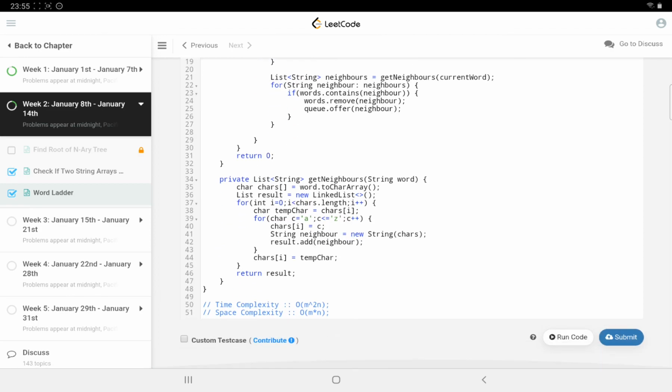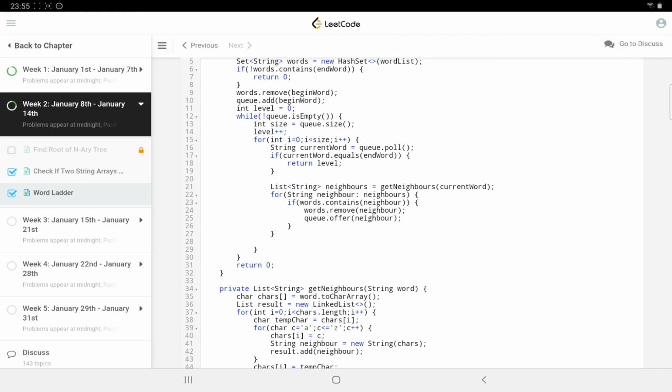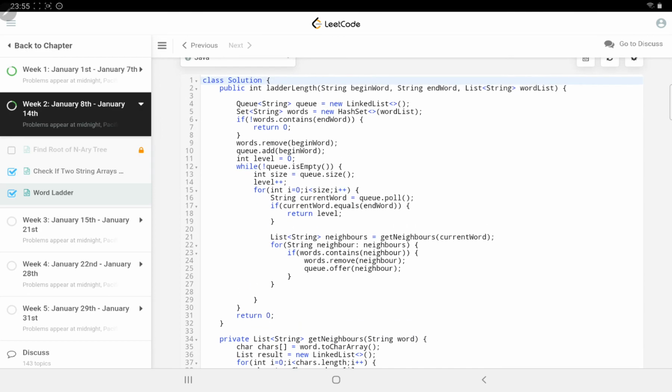Okay, so what will be the time and space complexity here? Time complexity will be order of m square n, and space complexity will be order of m into n. Why? You can see that we are iterating twice, right? Here we are iterating once for the queue, and it can happen that multiple words will be there in the queue. So one is the queue size, another one is our max word length. Our input can contain a very large word, right? So one will be my word size, another one will be my queue size.